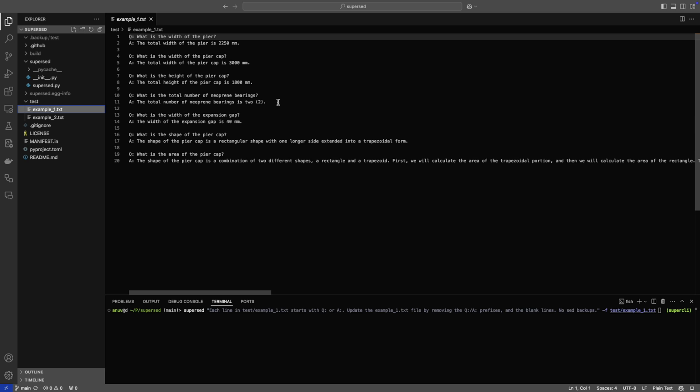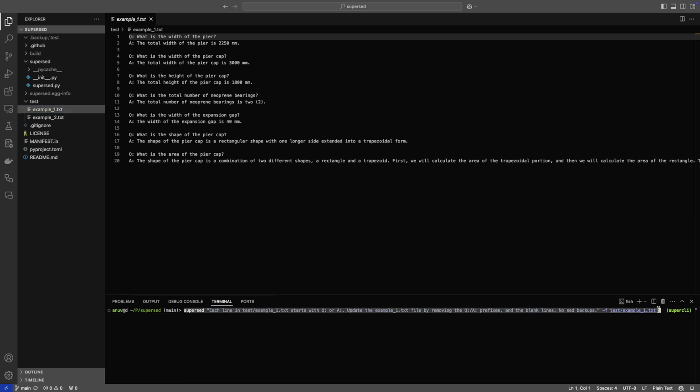So this is something that came up while I was working on my other problem. Here each line contains a question or an answer. They're denoted by Q colon and A colon, and there are spaces in the middle. For training, I want there to be no spaces in the lines and no Q or A, so just questions in the odd lines and answers in the even lines. So I explained this to supersed.